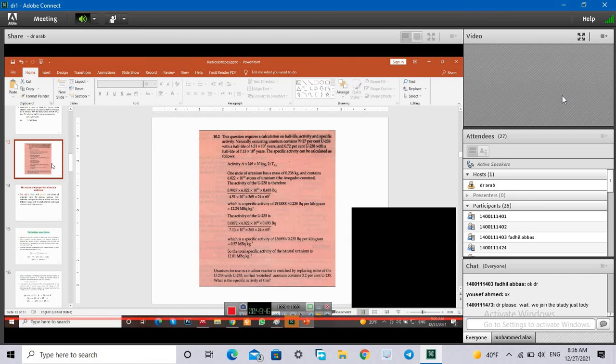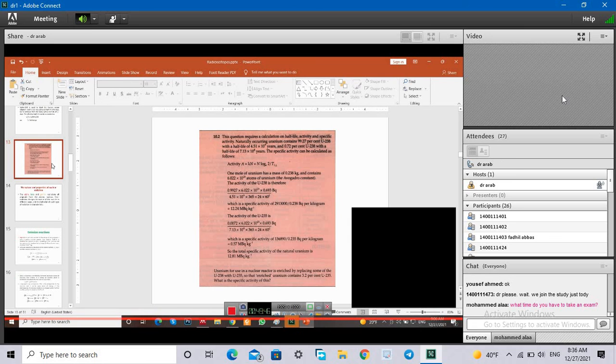The main point of this example is that when we face an element that contains two sub-elements, for calculating the total activity,